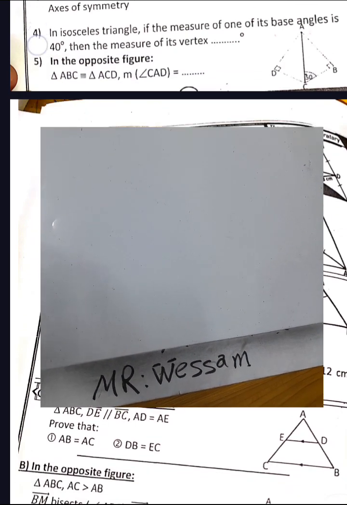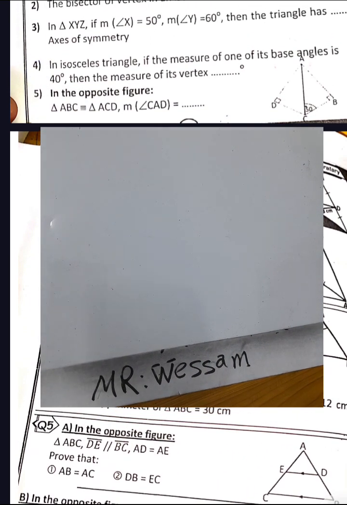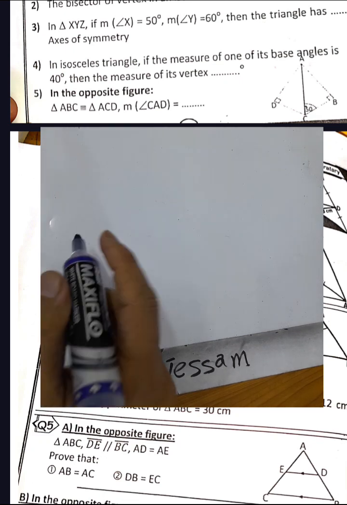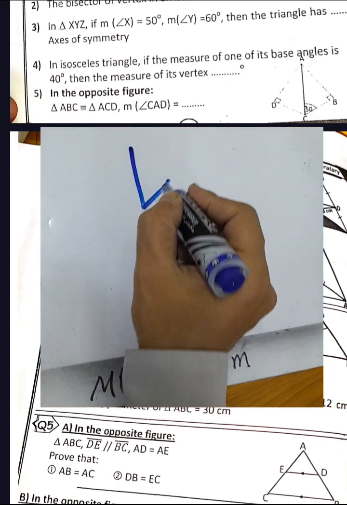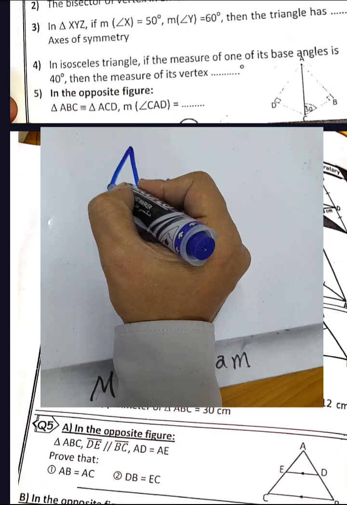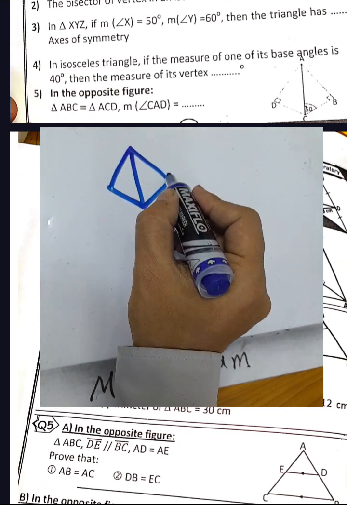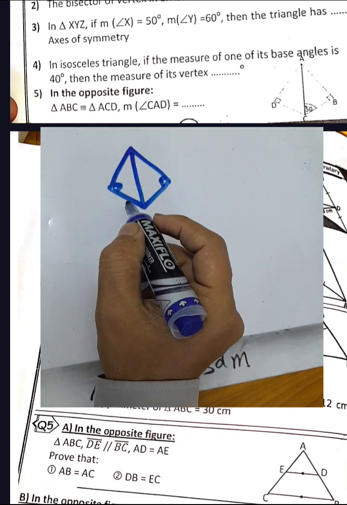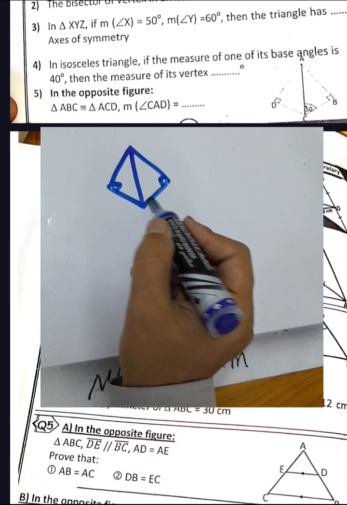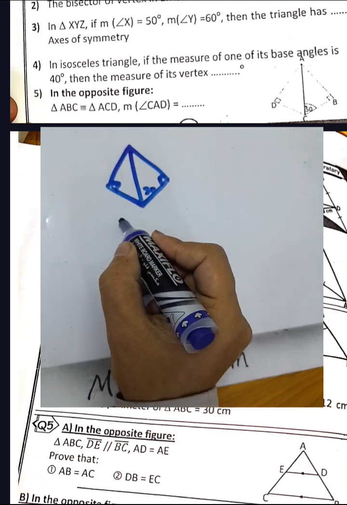Next question, number 5. In the opposite figure, if two triangles are congruent, we have a right angle triangle here and a right angle triangle, and it was 30 degrees. We want to find the measure of angle